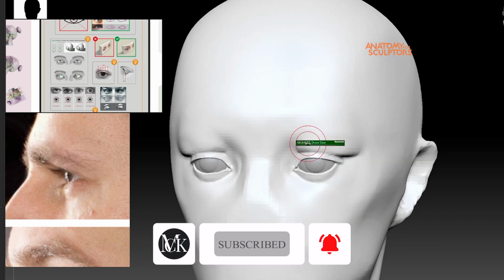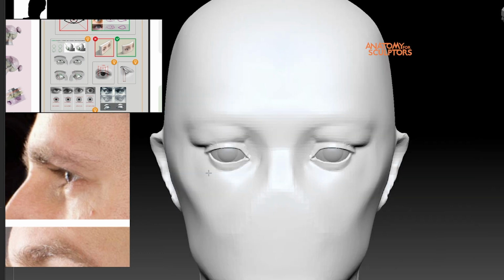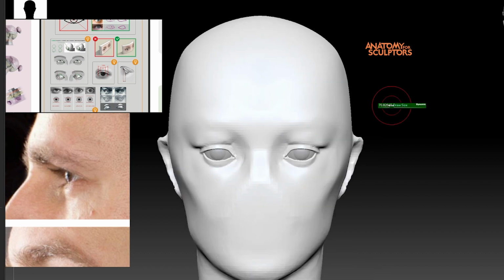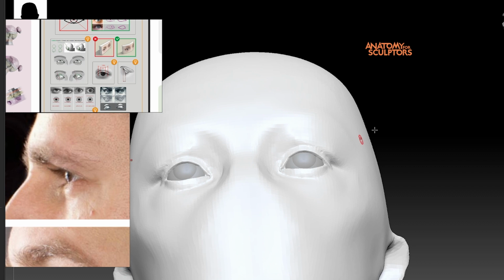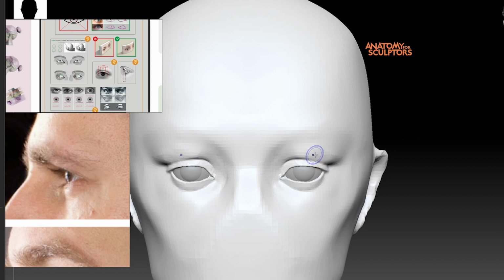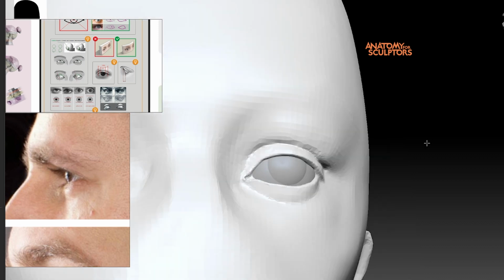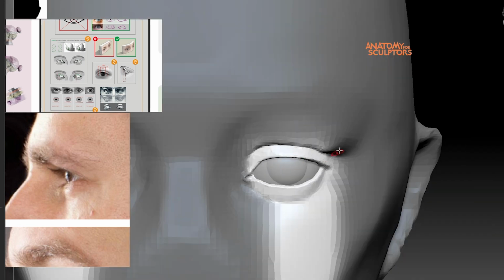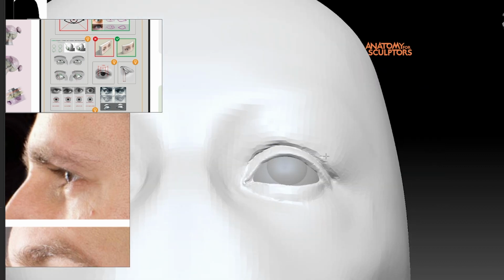The reference pictures that we will use in this course are from the book Anatomy for Sculptors, and we even use the human proportion calculator from anatomyforsculptors.com. I will give you the link in the description below. Those guys were kind enough to let me show you the pictures from the book, and you can see the logo on the corner. This video is generally sped up 3 times so that it will not be boring for you. You can use the YouTube player speed feature to slow down the video where you feel it's necessary. Without further ado, let's start the session.